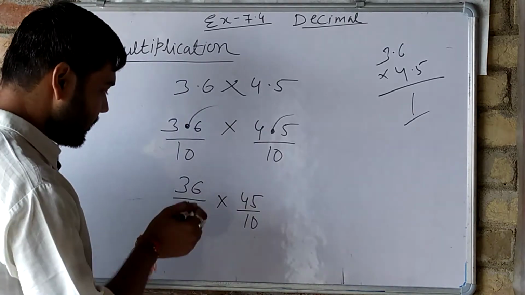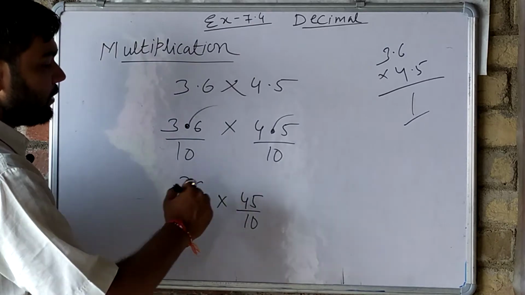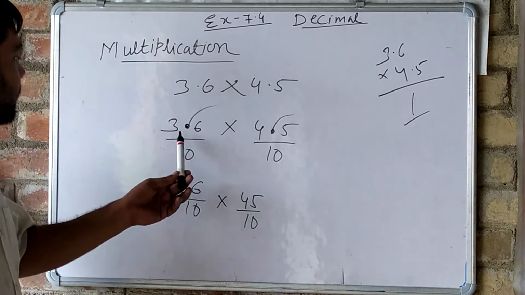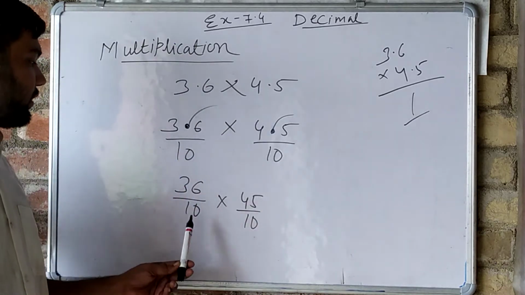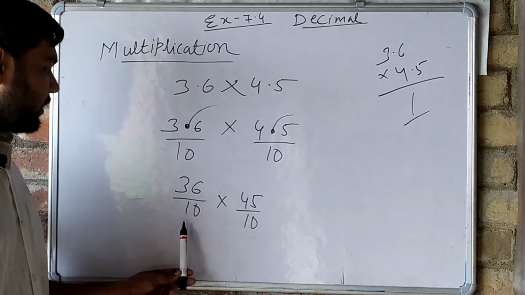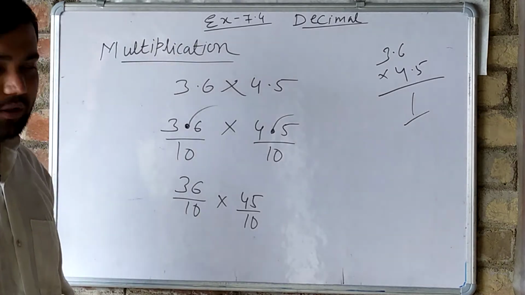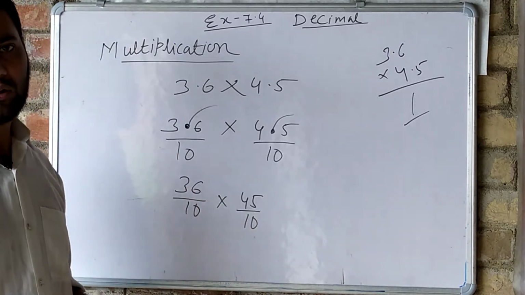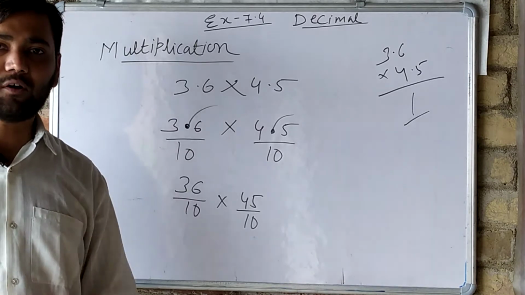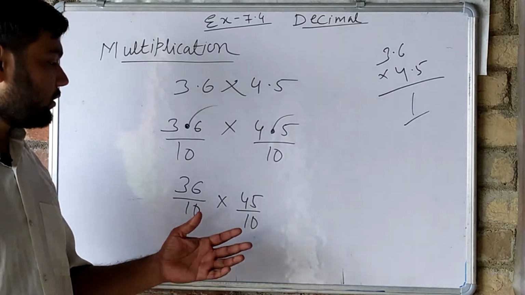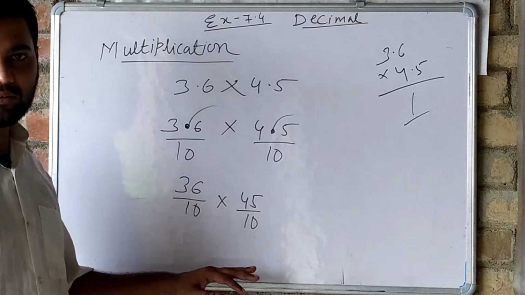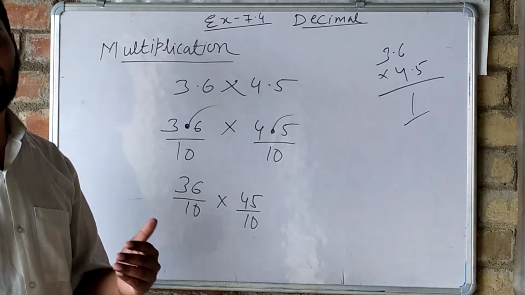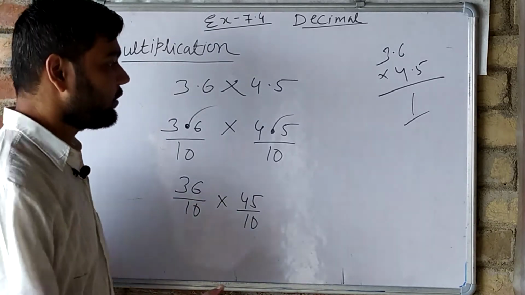Okay, now see here what we will do. Some of you, after shifting the decimal, when the denominator comes as 10 or a multiple of 10, will reduce it if it can be reduced. But it will become a bit tougher for you. The easier way is to let the denominator remain in terms of 10 only. Okay, it will be very easy. We do not have to divide. Directly we have to multiply 36 into 45.